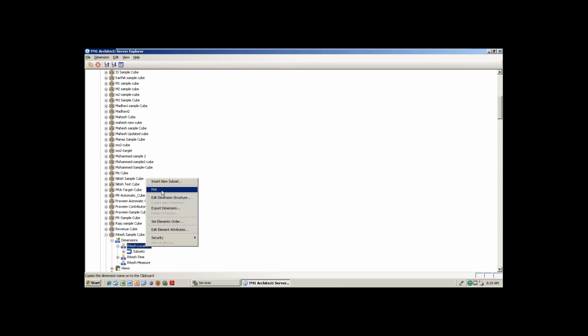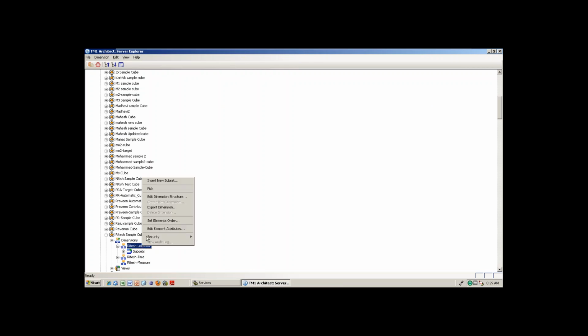Second option, pick. Pick is nothing but simply a copy of your dimension structure. So you will come to know in future. When I'm copying a dimension to another server, you don't need to create the same type of dimension in the other server also. You can directly pick it up and take that structure to some other server. That I will show you when I'm discussing the different servers combination. Pick is nothing but, from your point of view, simply a copy of that dimension structure.